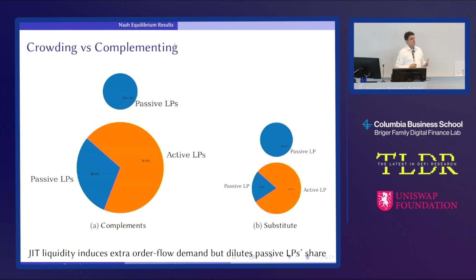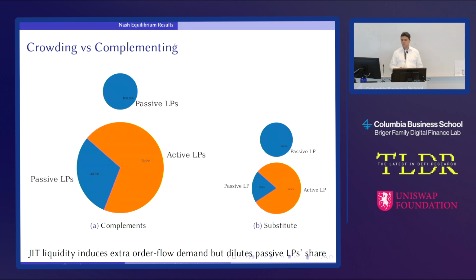Crowding is if basically the pie is not getting larger. So the passive liquidity providers are shrinking their share because they're still getting 30%, but there are not a lot of new investors who are trading. Even if there is more liquidity provision, which means that the price impact is lower, still we don't observe a lot of uninformed traders. So if the sensitivity of the order flow to the depth of the pool is not that large, that parameter zeta u in the model is small, that means that the passive providers are being crowded out because they're getting 30% of a pie which has not increased.